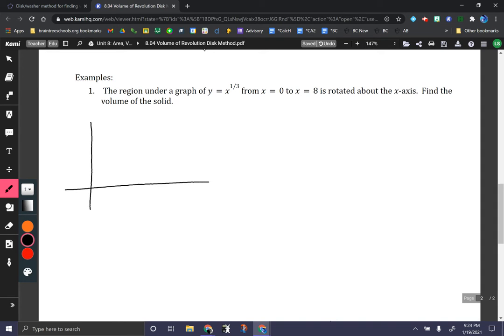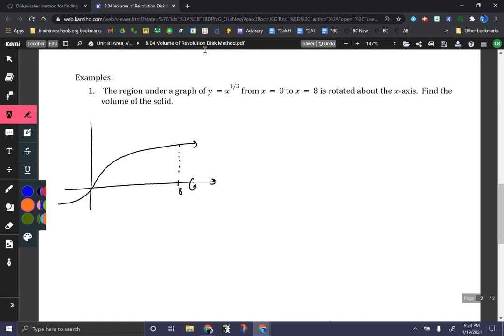So if we sketch a quick picture of what this looks like, the cube root of x comes up and around like this, and we're going to go from 0 to 8. And we're rotating it around the x-axis. Sometimes I like to draw just a little circle, kind of saying that we're going to rotate this around that particular axis. So the region that's actually being rotated is this one right